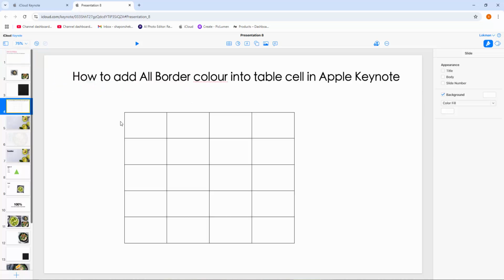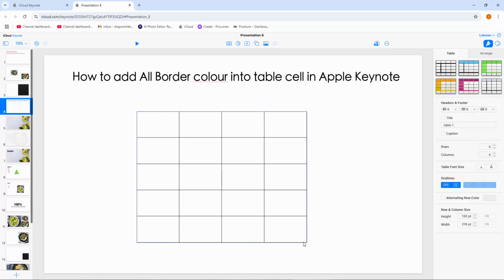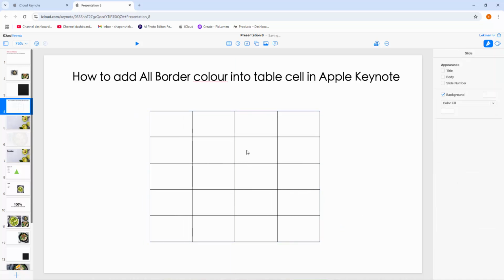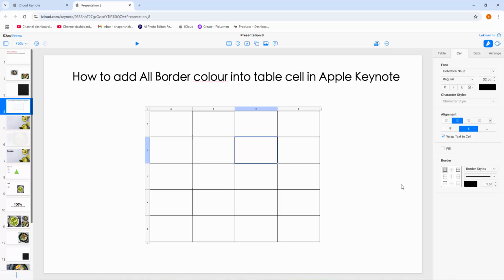Now I am going to the slides. Now I am already inside a table. Now you can insert a table: go to the table menu and choose another table. Now insert a plain table. Now firstly select a cell and you can see here is the border menu. Now here are all the border options. Now click this all border and